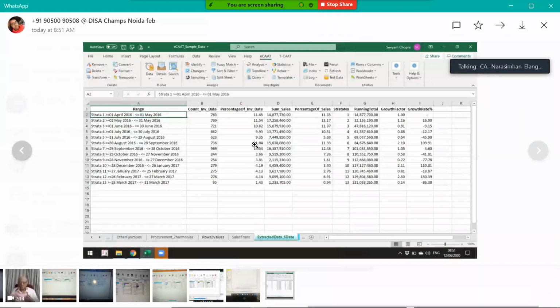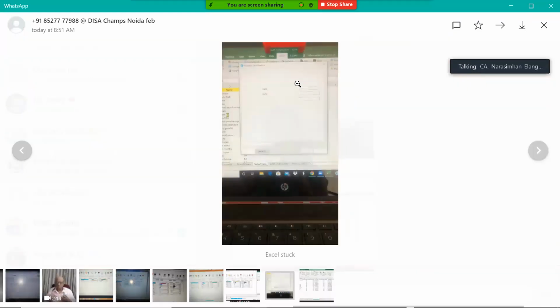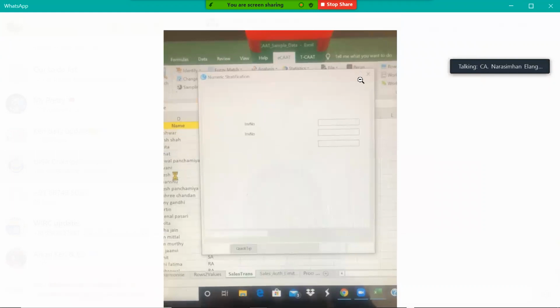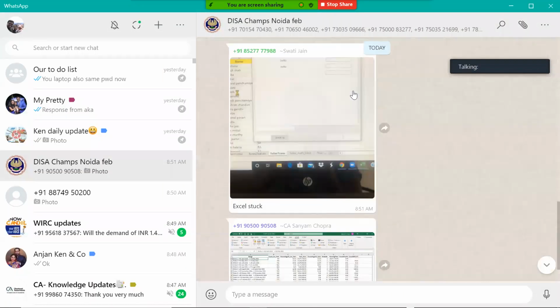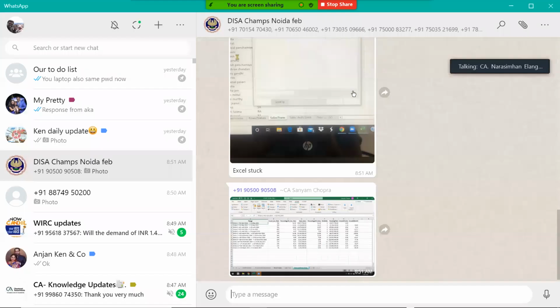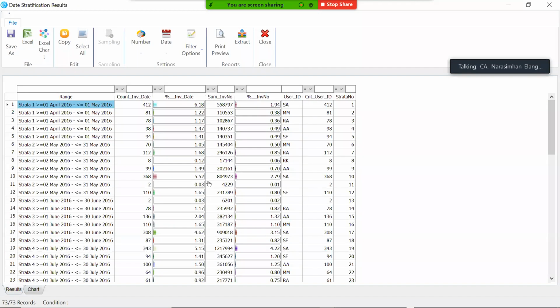Very good, Sayan ji. You have made the whole documentation by putting it in Excel. Very good. Excel is getting hung up. Just close this and try once again, sir. I was just able to do it. Just close it and try one more time. I'm trying to do as much live class as possible because we are not able to communicate here. I'm just trying to use WhatsApp as a means for communication.